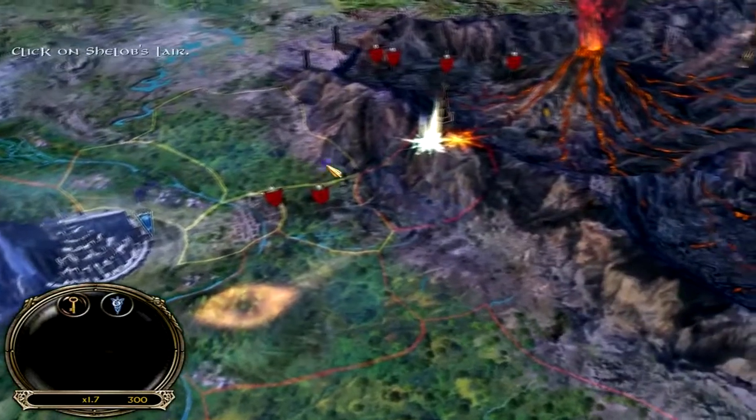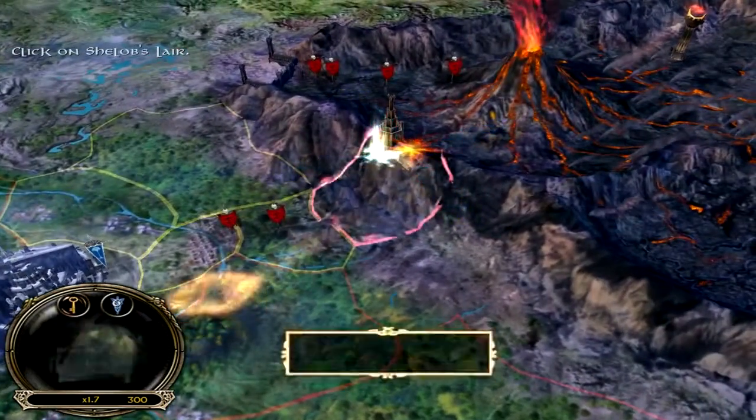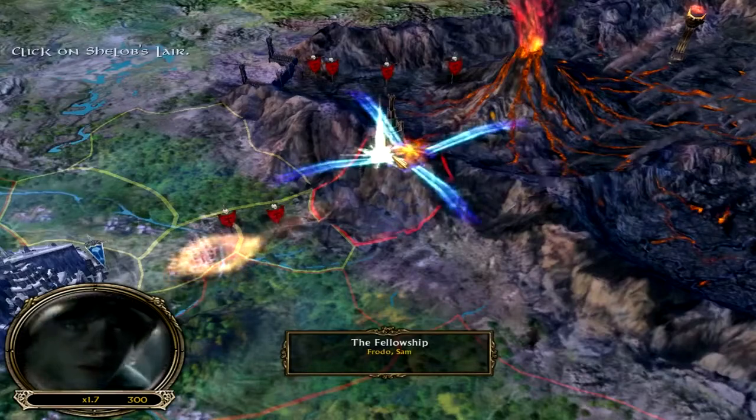The journey of the One Ring grows perilous. With the wretched Gollum as their guide, Frodo and Sam must find